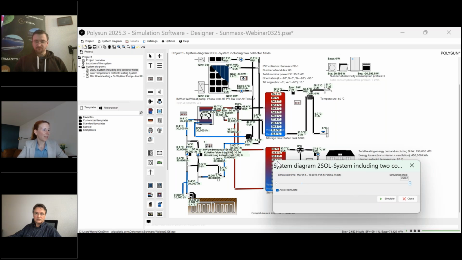Anyways, here we see that the heat pump is operating and bringing heat to the heating system buffer tank, and it is only supplied by the ground source loop at the moment, which is because at this time, evening of the 1st of March, we don't have high enough temperatures on the PVT to use it. So it's a very flexible system. And maybe if we go a little bit earlier this day, we can see that it changes.